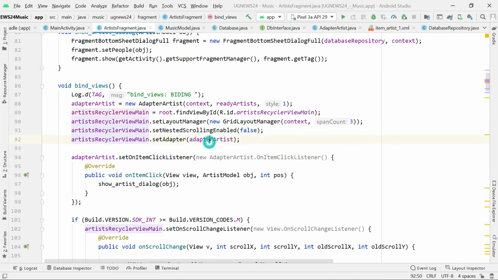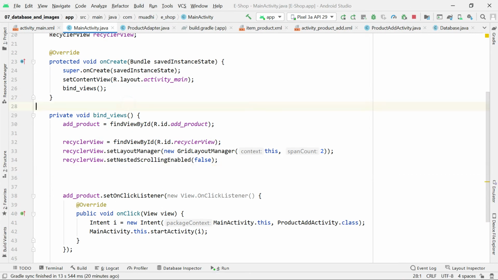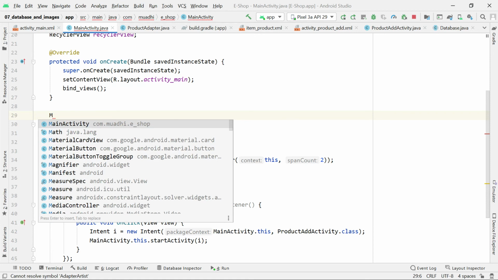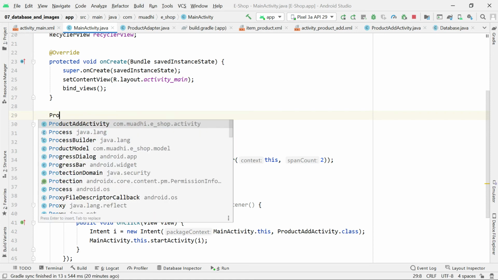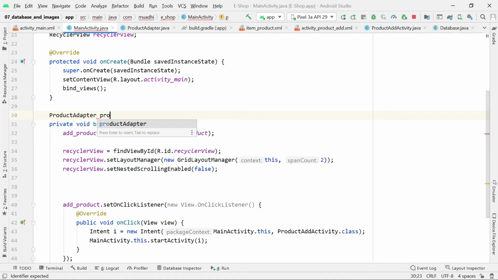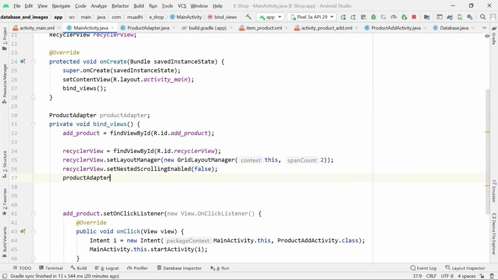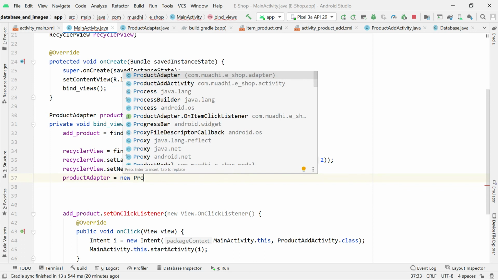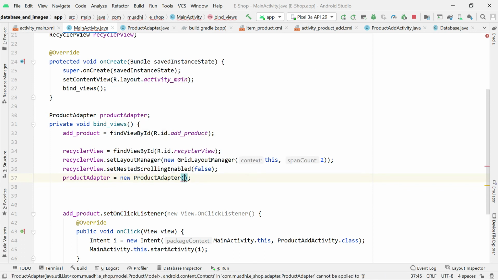adapter. The adapter will be simply our simple adapter. It's going to be a product adapter, an object of product adapter here, and I'll call it product adapter. After creating the product adapter, I'll simply initialize it here: product adapter is equal to new product adapter. It will take the context, which is this, and then a list of